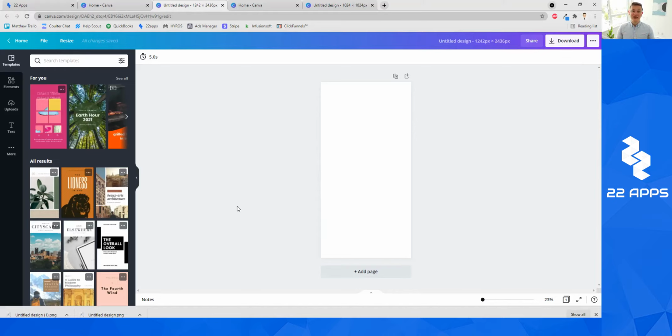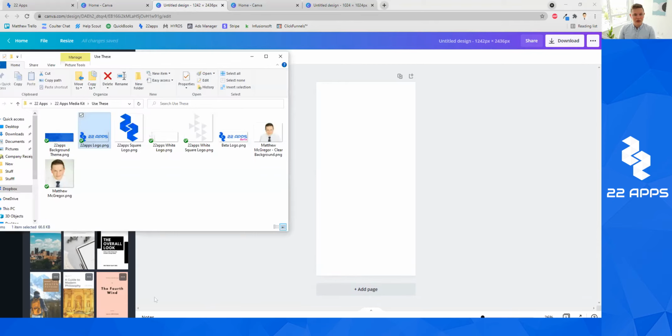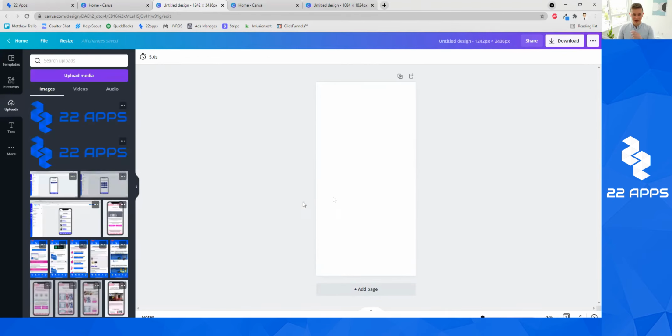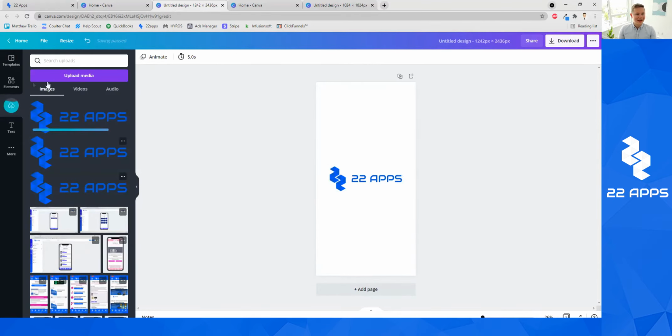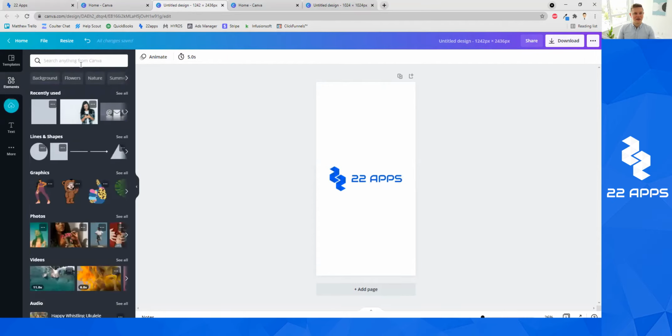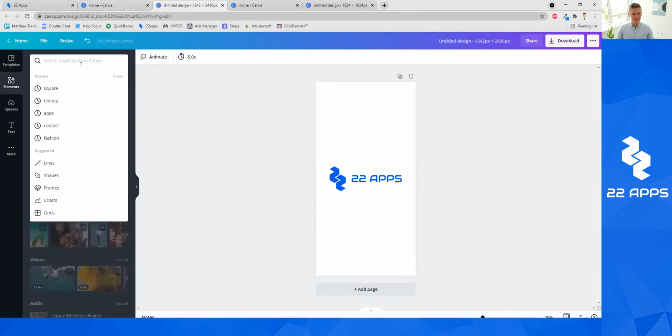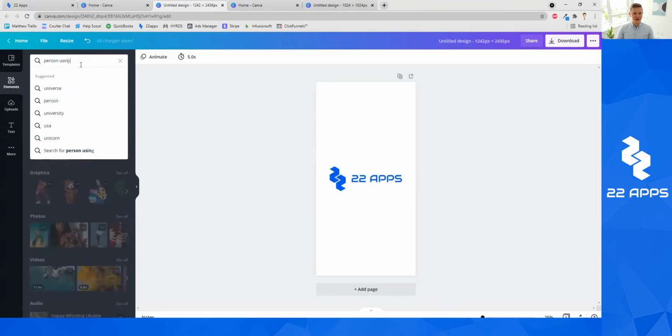You can of course update your screens anytime and add new content regularly, but the splash screen and logo are a little bit more difficult to change as they require a resubmission to Apple and Android. So in terms of this, let's go ahead and add our logo. So we can just simply drag on our logo, and then maybe we have a nice background of somebody on an app. So we'll say person using app,